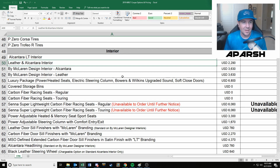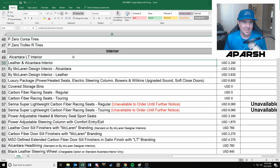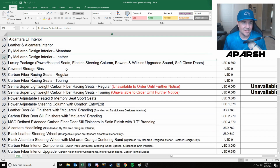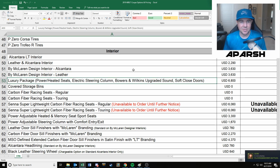So there's that too. Okay, let's talk about the interior. It comes with full Alcantara interior, which is what I would do. They charge you another $2,300 for leather, which I also believe would add some weight to the car for anyone that cares. There's a special Alcantara interior. I don't know anything about it. And then there's the special leather interior. It's by McLaren design. I don't know anything about what that all is, but there's a luxury package where you